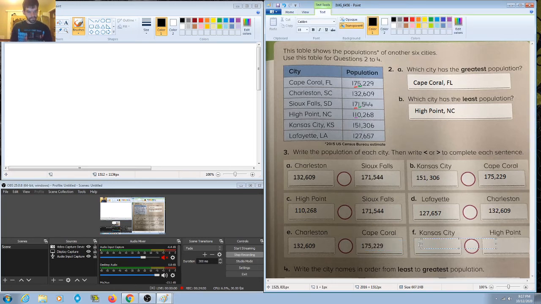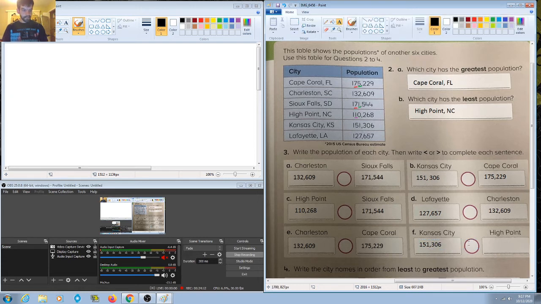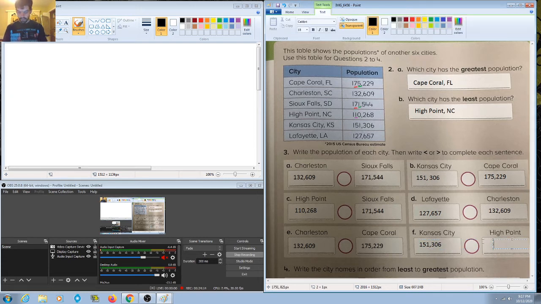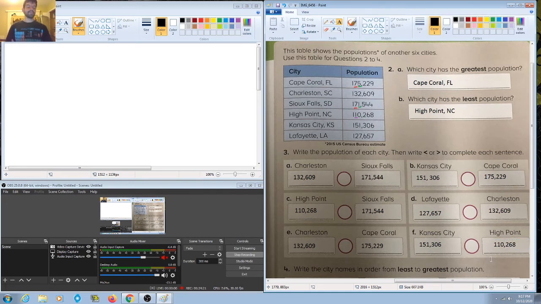And thank you guys for bearing with me here. I just want to make sure we have all of the numbers more visibly able to compare. So Kansas City is 151,306. And then High Point is 110,268. Okay, so I know that that seemed like a lot of kind of time consuming of a strategy, but